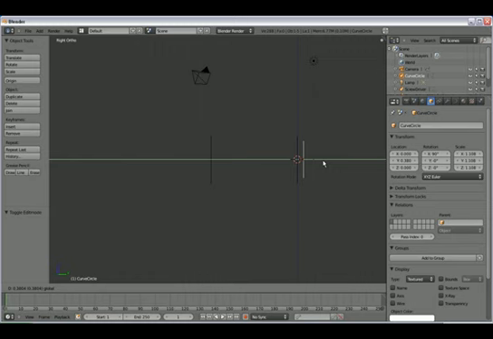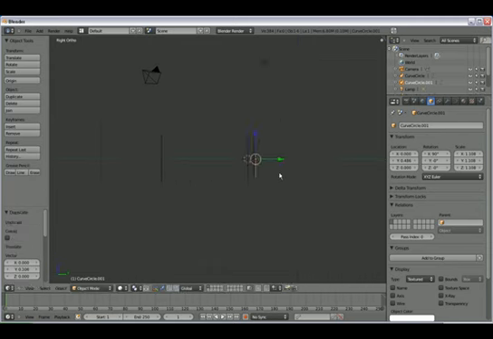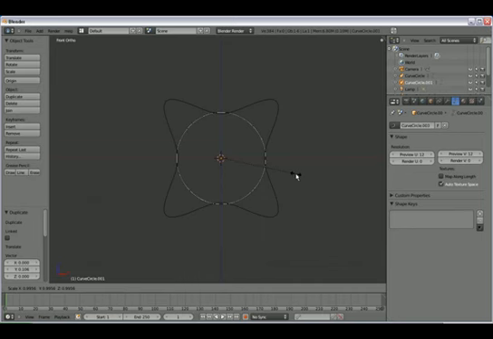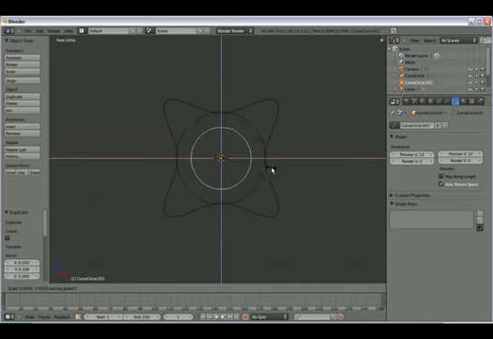And then Shift D to duplicate it, press Y to limit the movement to the Y axis, and then I guess I'm going to scale it down. So S Shift Y to limit the scaling around the XZ plane,